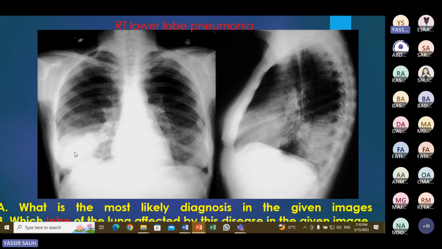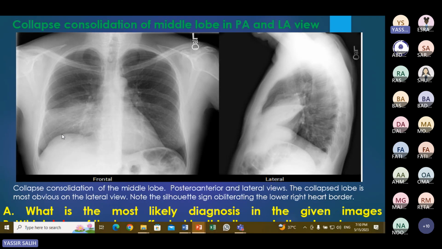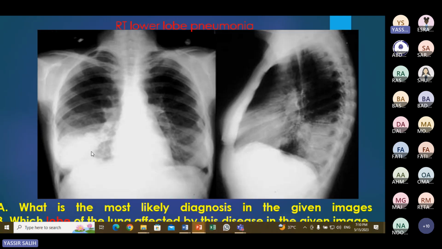Is this clear? Now here the right hemidiaphragm is not seen in this particular area. Normally it should be black and white with a clear line. But here this area is not well defined, or we call it unclear, unsharp or obliterated, meaning it is not seen. This indicates that there is a right lower lobe abnormality, be it a tumor, meaning a pathology involving the right lower lobe. This